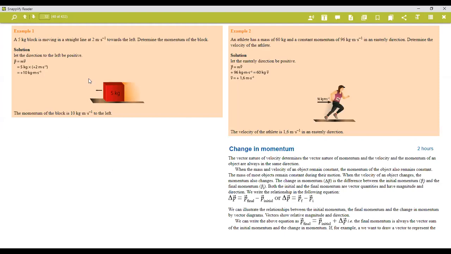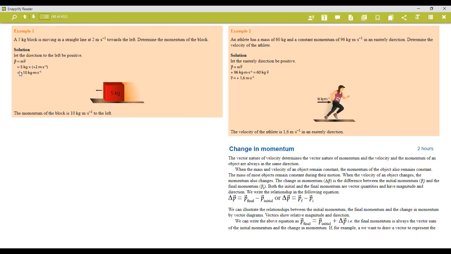It says here a 5-kilogram block is moving in a straight line at 2 meters per second towards the left. Determine the momentum of the block. So what do you have there? You have mass and you've got velocity, which means that you can calculate it because it's a straightforward question. But remember, guys, they can ask you for anything. They can ask you for mass, velocity, or momentum, depending